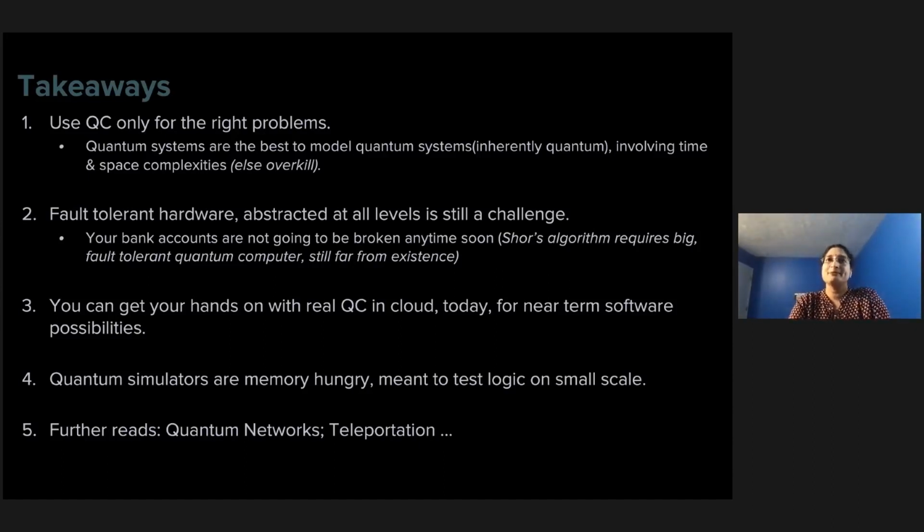And then coming to takeaways, use QC only for the right problem. So what is the right problem? Like I said, if you are working with a problem that's inherently quantum, then you want to use a quantum system to simulate it, test it. The second thing is an optimization problem where time and space complexities are involved. Otherwise, it's an overkill. It's too costly. And like we already discussed, the